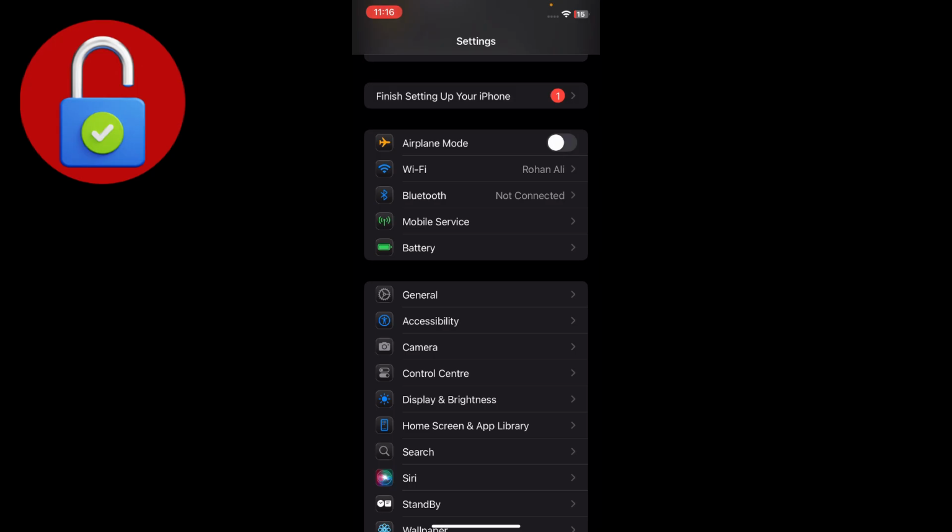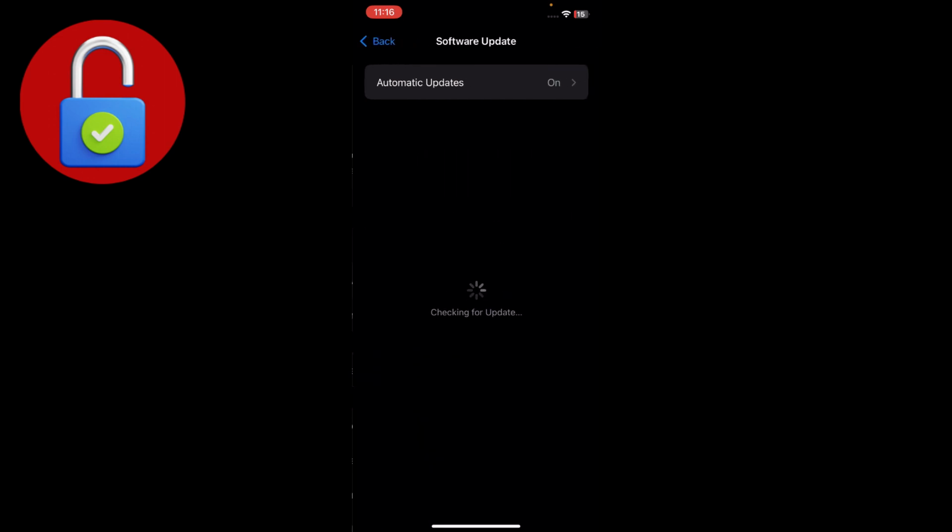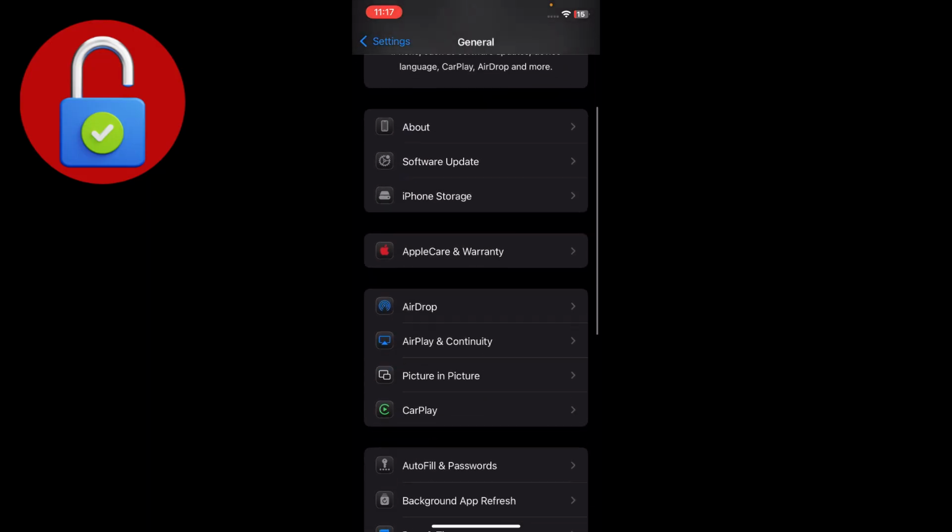Then go to the General section and go to Software Update. Tap on that and make sure that you're using the updated version of your iOS. If you don't have the latest version, update your iOS on your iPhone. After the update, go back and scroll down